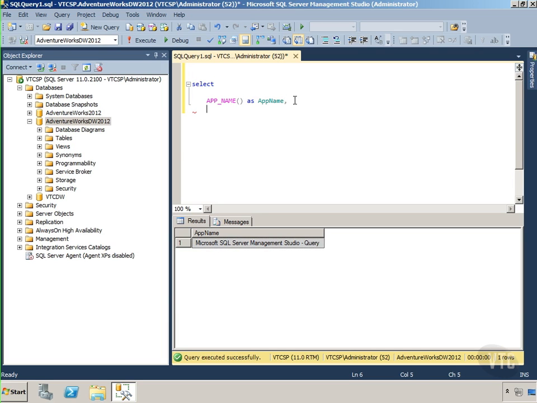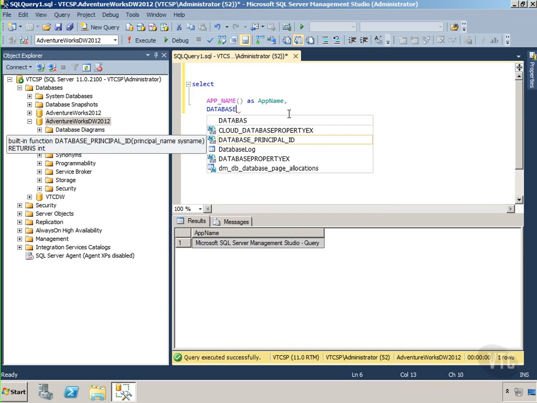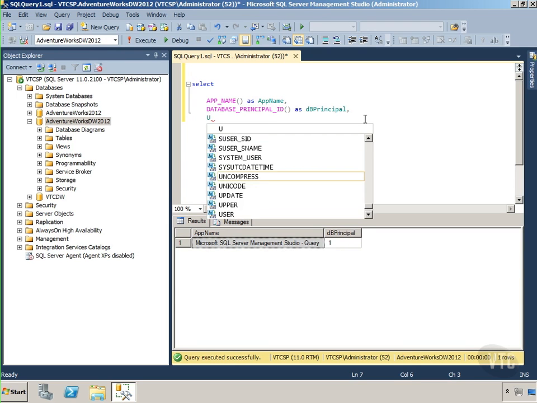And then I can run database principal ID. And you see that one right there. Open, close the quotes. And I'll do this as DB principal. I won't put a comma on that. I'll run that one, and you can see the DB principal is 1. That may not tell us a whole lot of information, but then we can do username